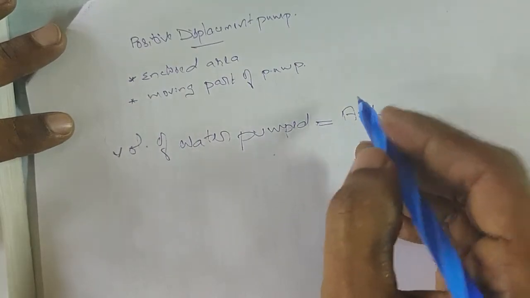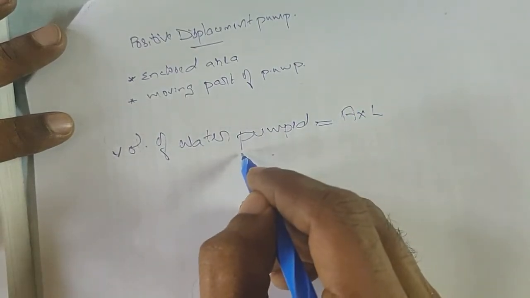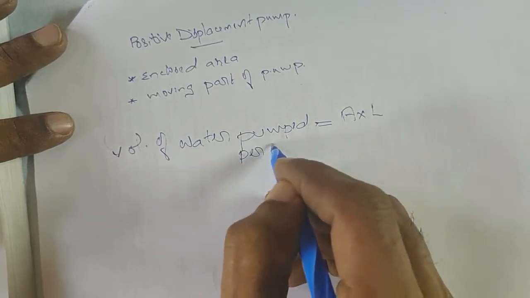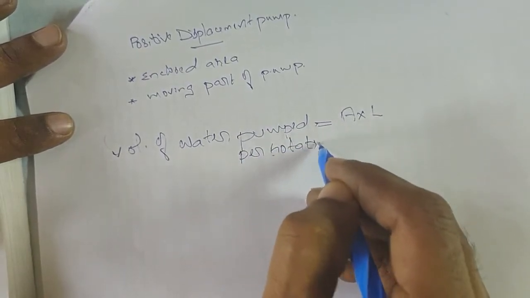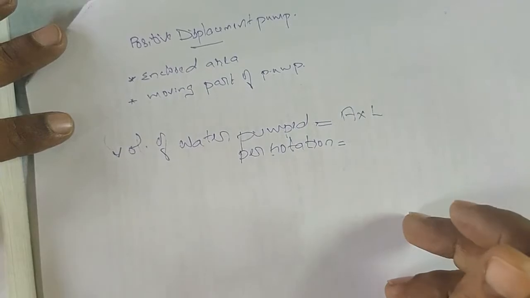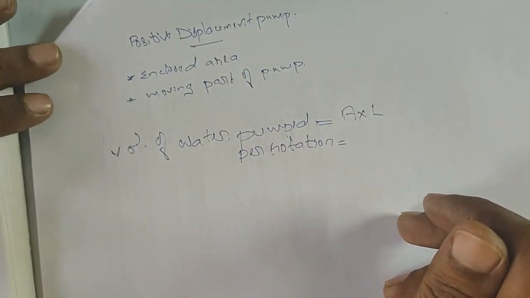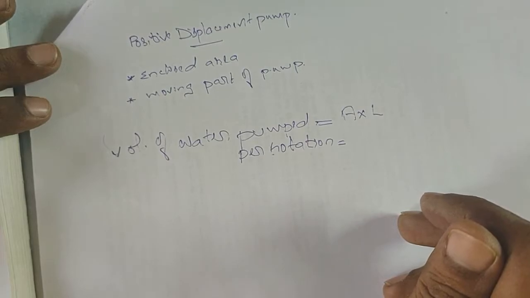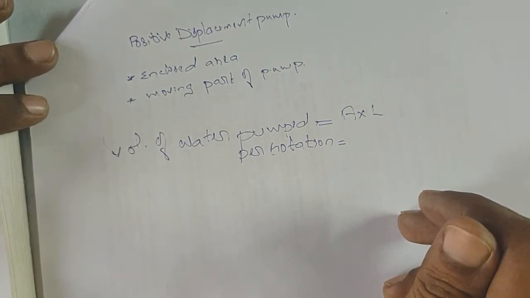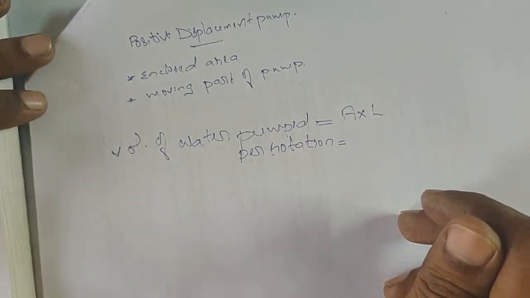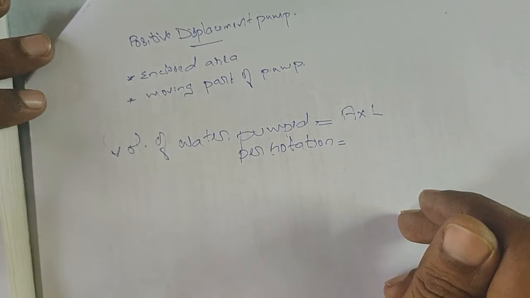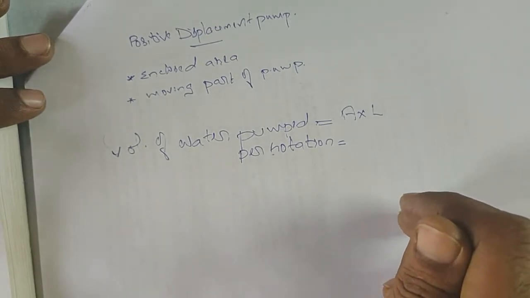This is the volume of water pumped per rotation. When the crank rotates once, when the piston moves from inner dead center to outer dead center and from outer dead center back to inner dead center, one rotation of the crank is complete, and the volume of water pumped per rotation is area of the cylinder into